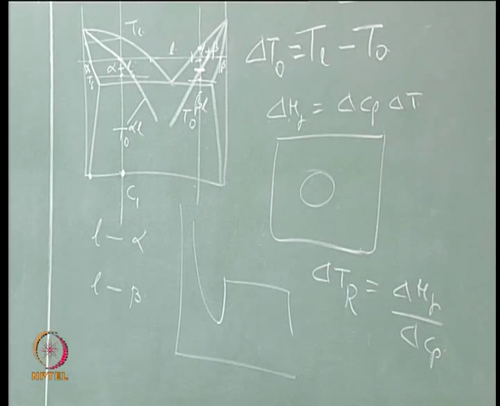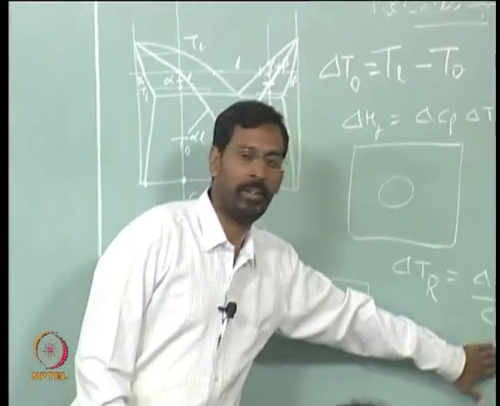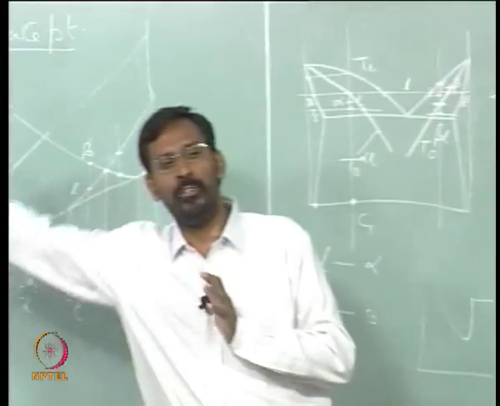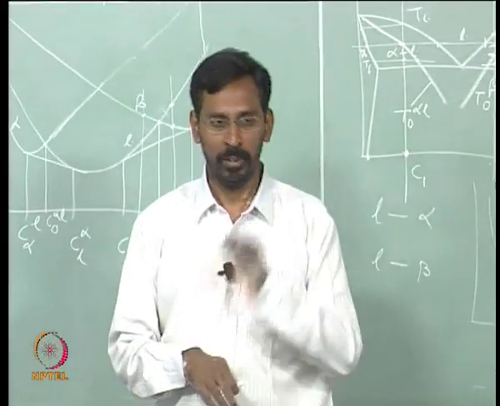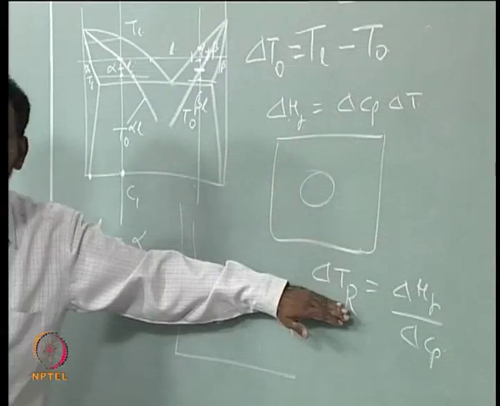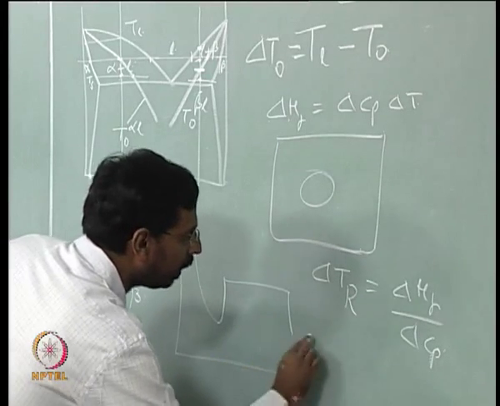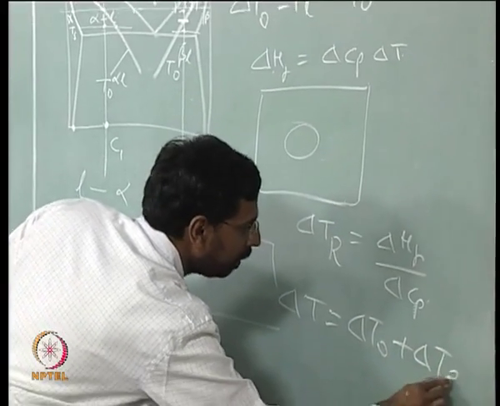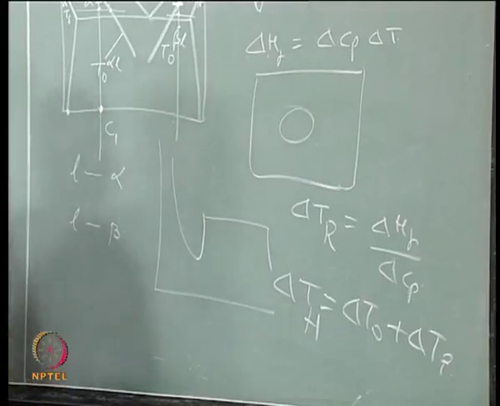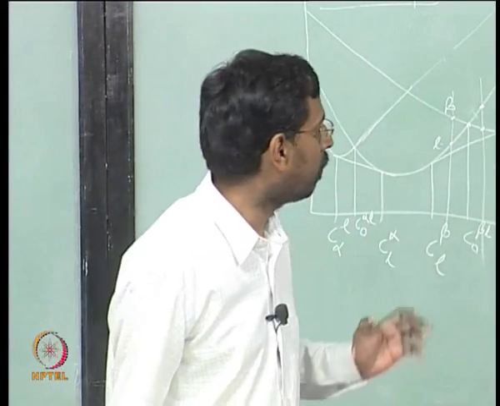After we complete this, we are going to another concept possibly tomorrow, where you will see what the problem with this delta Cp is. There is a major problem; a whole new field of thermodynamics has evolved just because of this delta Cp problem. Tomorrow I will address that. So, you see that this delta T R can be calculated. So, the actual delta T that you need is delta T naught plus delta T R. This is what is called the hypercooling concept.